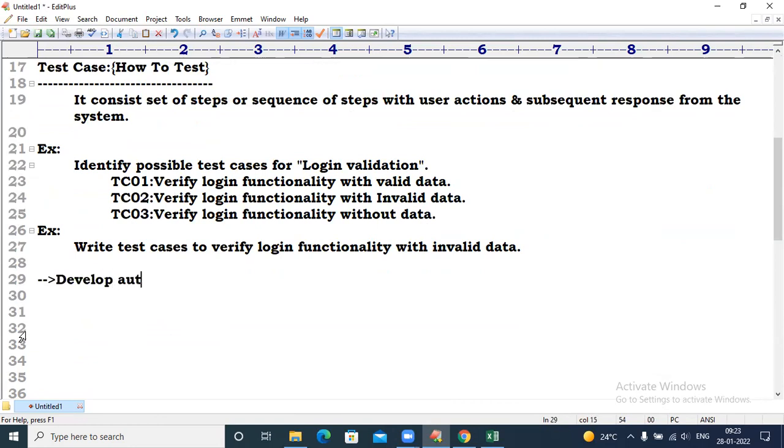Develop automation test scripts. That is at the time of Selenium we will discuss: what is a test script, how to write scripts, and those things. So once the test cases and test scripts are completed,